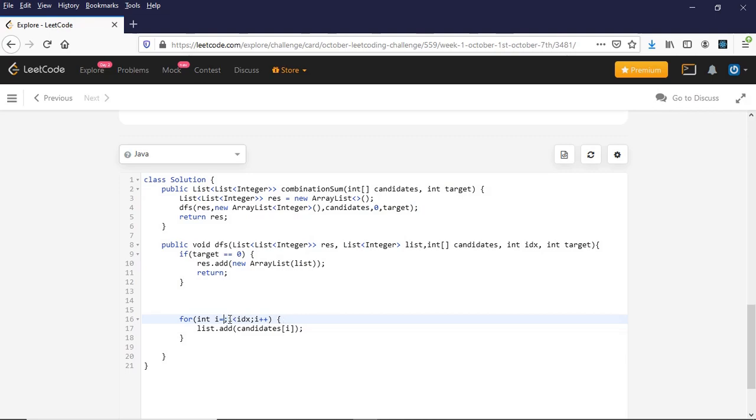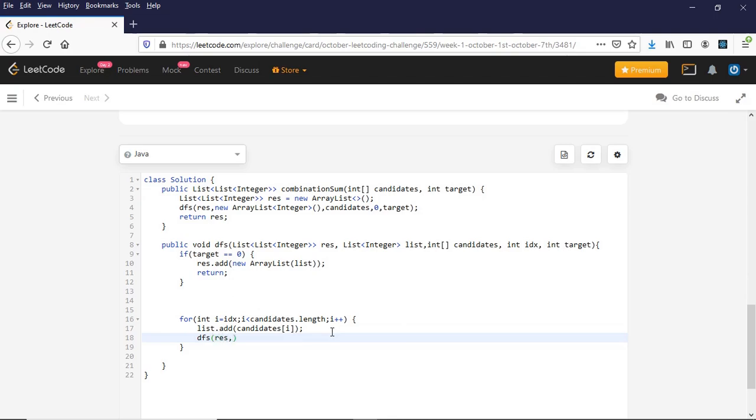It will start with index, and I is less than candidates dot length, I plus plus. First we'll add the current candidate into the list, then again we'll do a DFS on that.